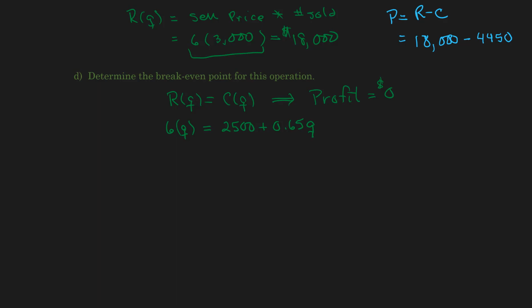We want to solve for Q. This 6 times Q could really be written as 6Q. Going to subtract the 0.65Q from each side, and what we get is 5.35Q equals 2500. Dividing both sides by the 5.35, we get that Q is equal to